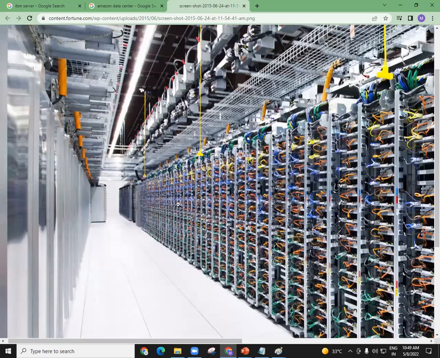But why is Amazon very famous? The simple reason is that they have many data centers. They have better data centers, a better team. They have data centers in many locations. They have many services, and better service. So many things are better in Amazon. That is the reason Amazon is a market leader. Then it is Microsoft. Then it is Google.